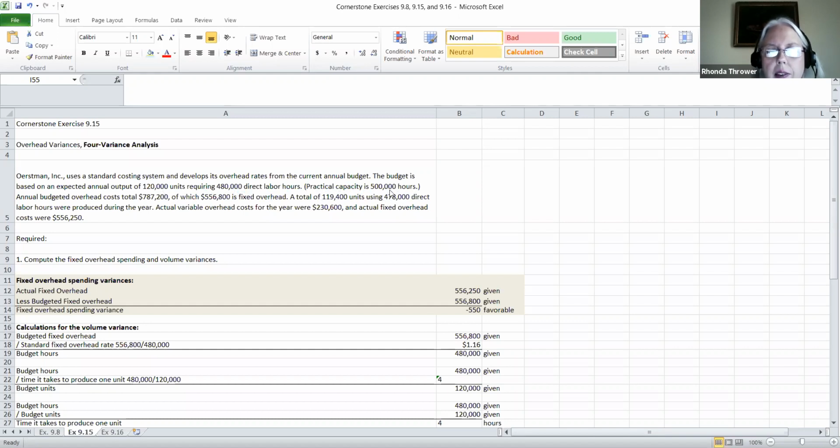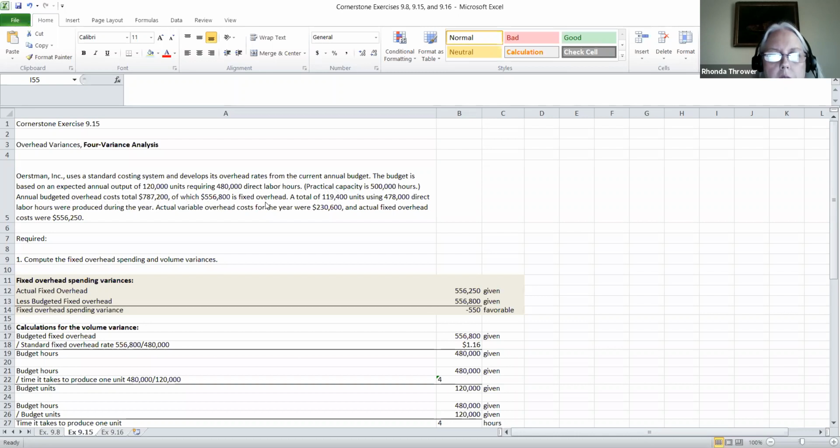You really don't need this in this particular problem, but practical capacity is the normal operating capacity. It's the maximum amount that you think your company can operate at efficiently. But you don't need this practical capacity here. It's just added information. What you do need to know is what the annual budgeted overhead costs are, and it tells you the total cost, of which